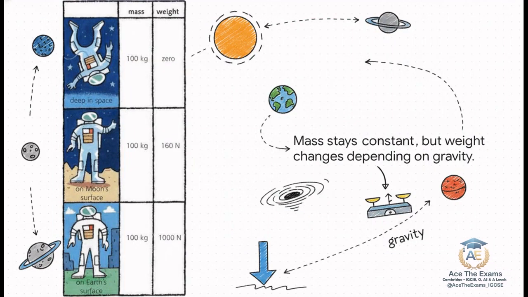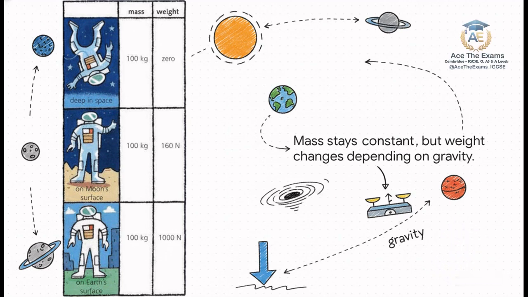Stop scrolling for a second, because watching this concept play out across the solar system is just fascinating. Notice how our astronauts' mass stays perfectly locked at 100 kilograms, no matter where they travel. That's the amount of matter they are made of. It's constant. But look at their weight. It wildly swings from a heavy 1,000 newtons right here on Earth down to just 160 newtons on the Moon